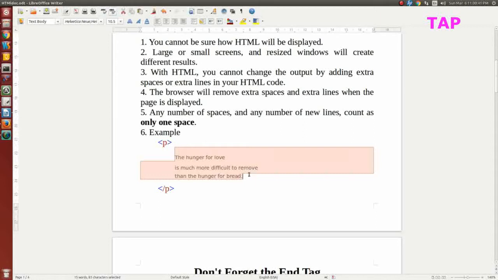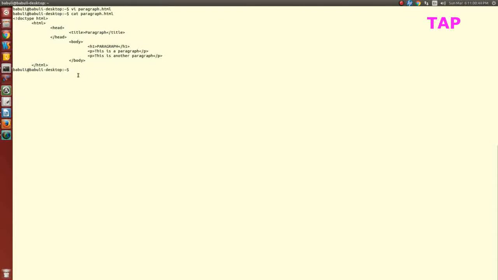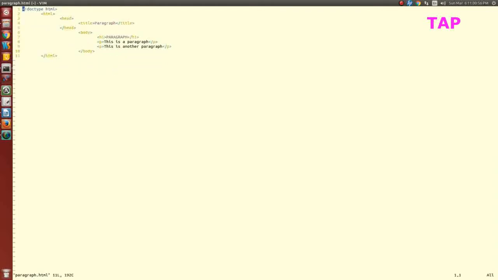I am taking the same file and we'll do the modification here. This is not required, so I am deleting it. And I'll write the example from the document.